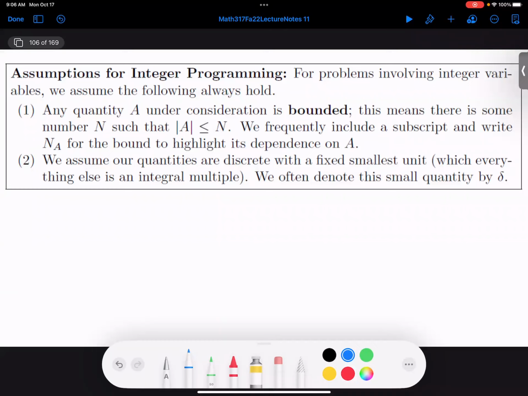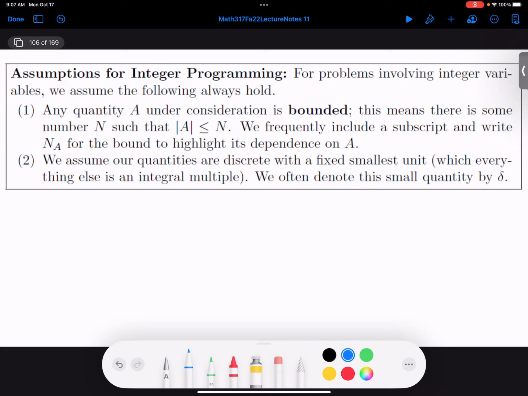I was at a math conference this weekend, and one of my colleagues mentioned in one of their papers they had the bound e raised to the, I think, 116, which beat the largest number that occurred in any of my papers, which was only 10 to the 602. These numbers are astronomically large, but they're still finite. And so for a lot of things, we just need to know that something is finite just to limit the space under consideration. So this is not that big of an assumption.